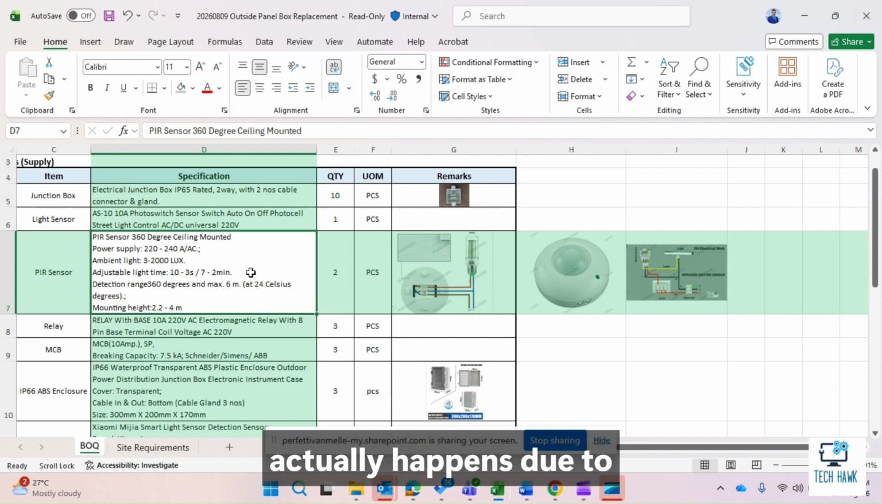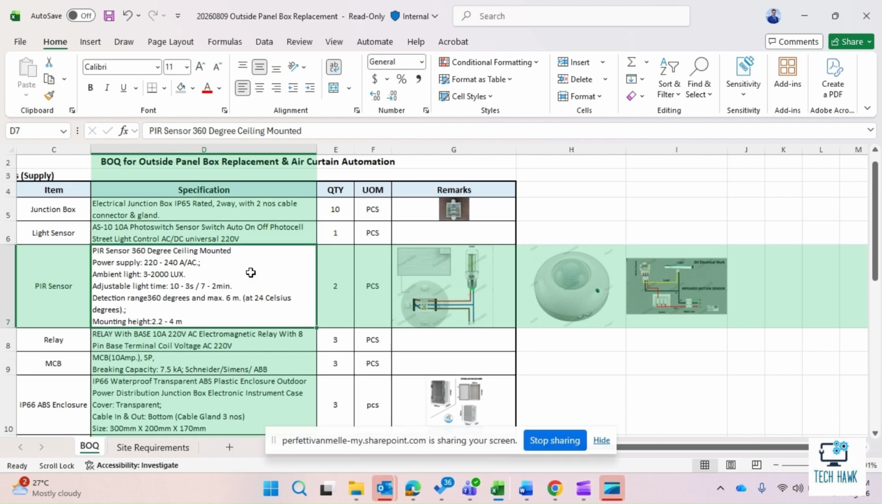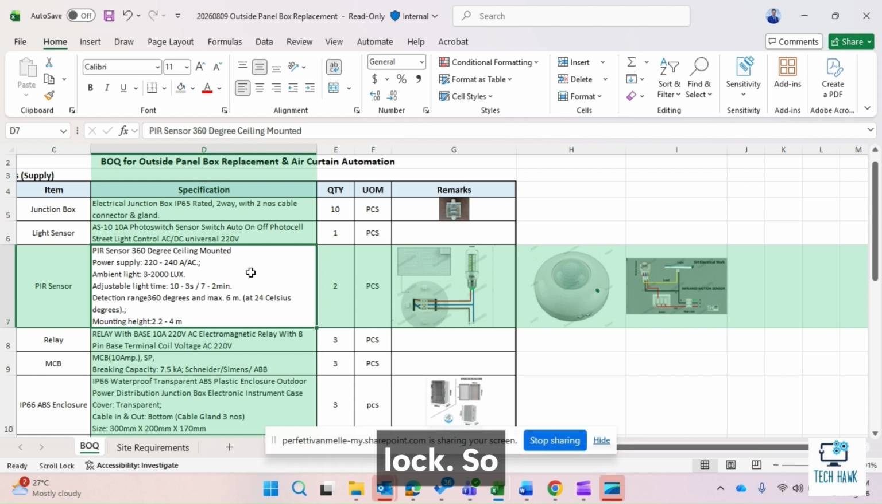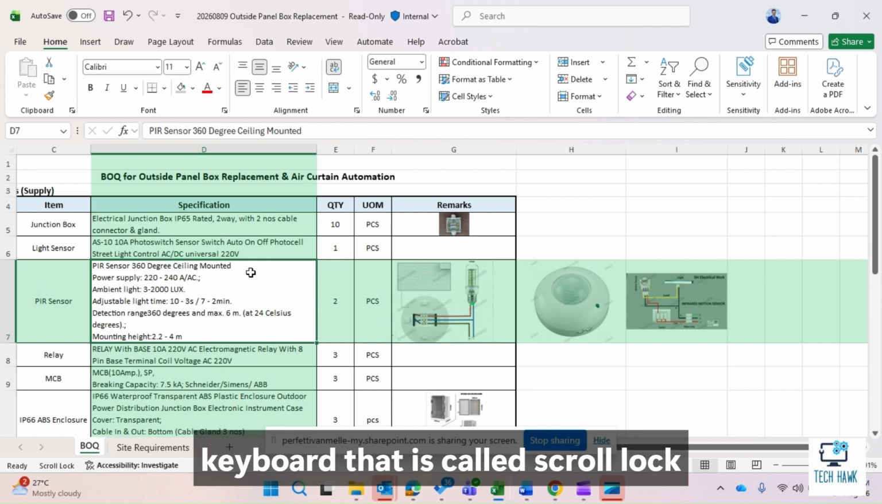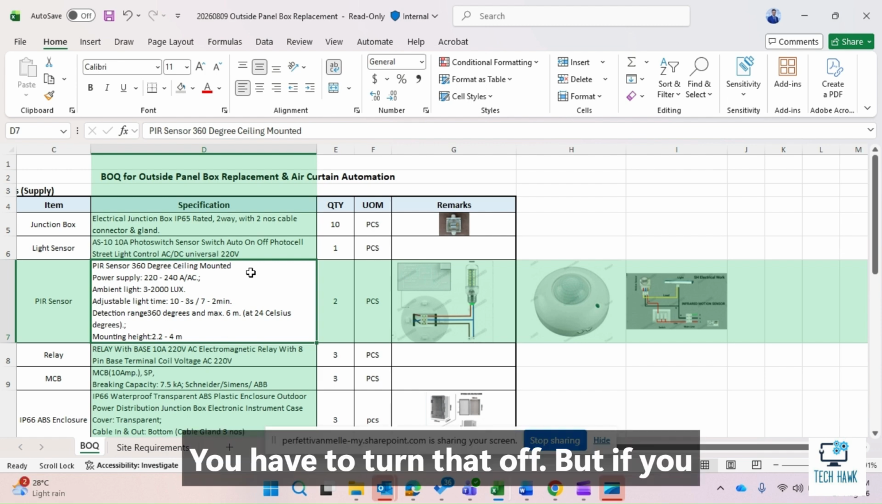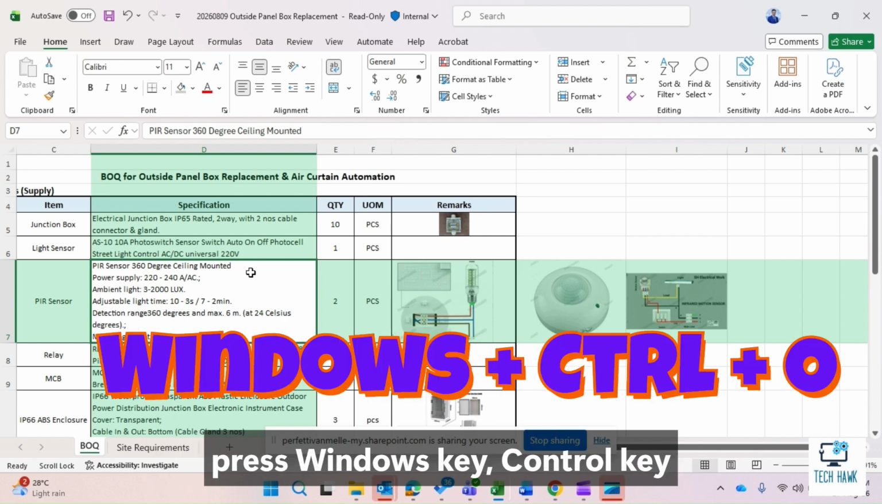This actually happens due to ScrLk. Somehow your ScrLk is now locked, so you have to unlock it. If you have a key on your keyboard called ScrLk, you have to turn that off. But if you don't find the ScrLk button on your keyboard, don't worry, you have to press the Windows key, Control key and O,